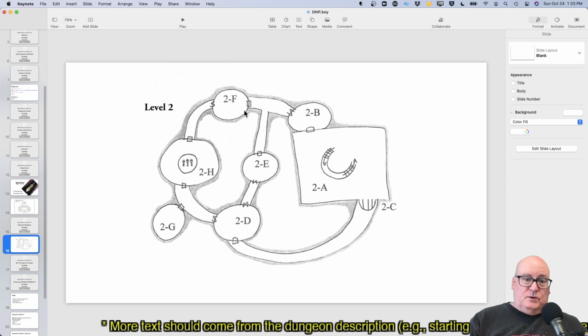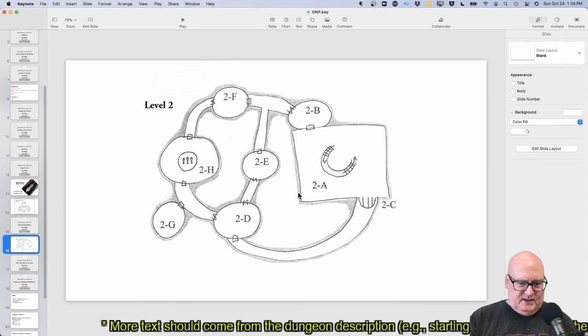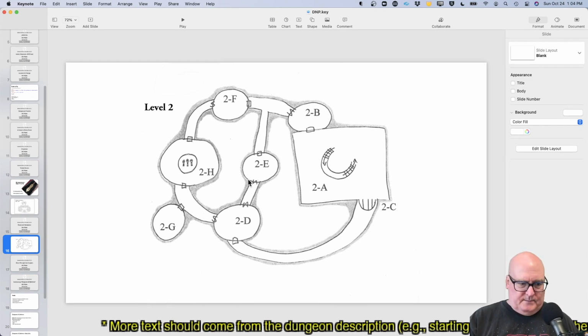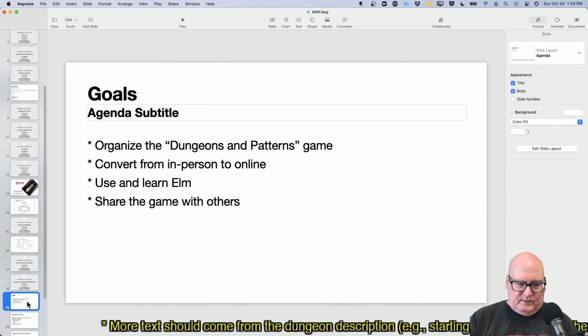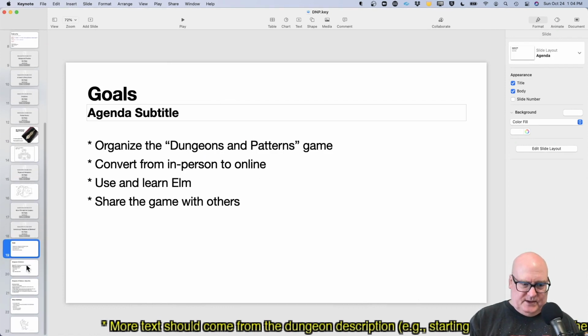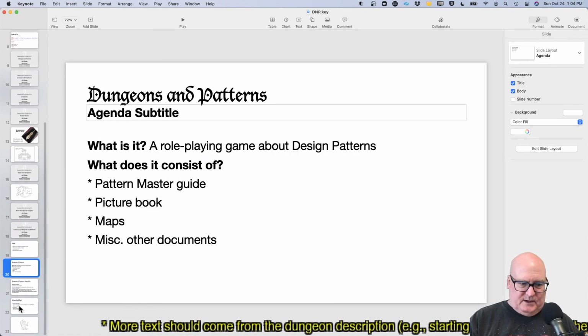So we have these rooms that are connected, and they have hallways, which we don't really support yet. But they have doors. So when you solve a puzzle, the S door opens, the secret door. I think that's kind of a Dungeons and Dragons notation. We've done level 1, but not level 2.